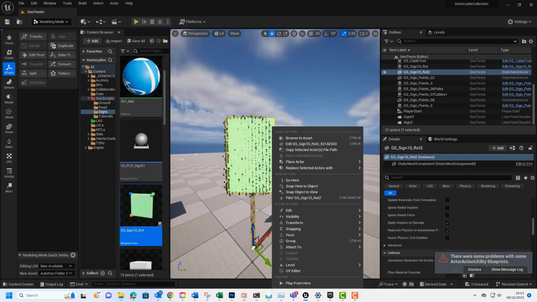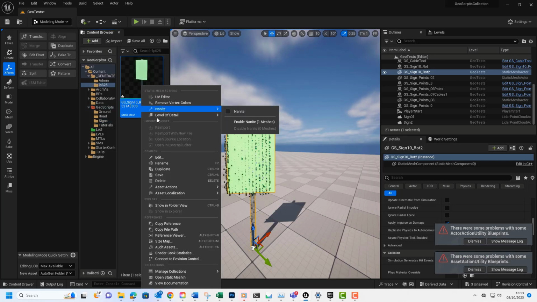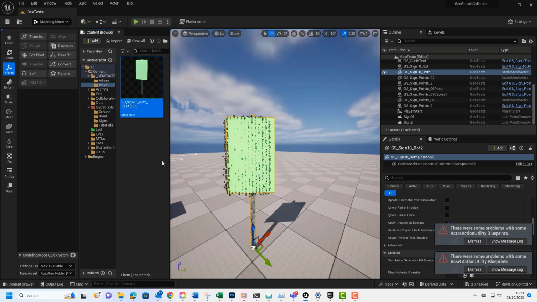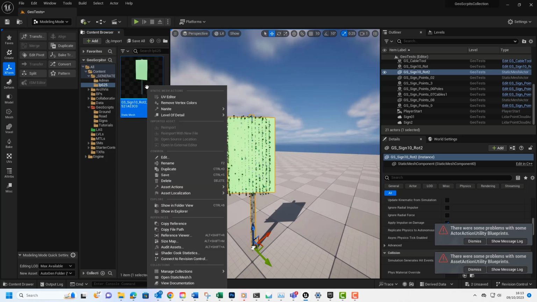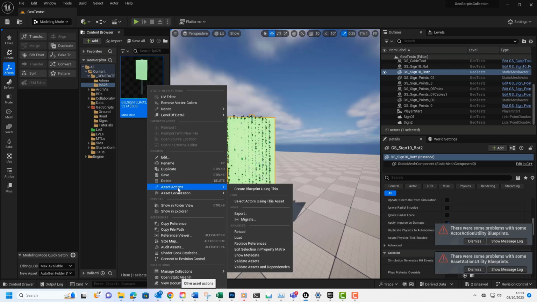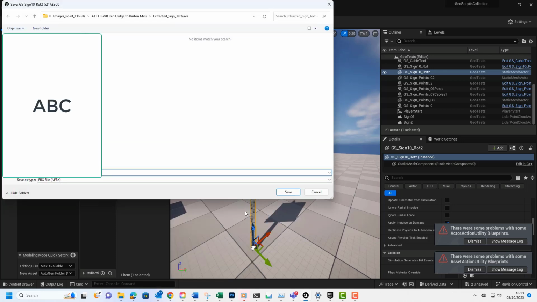So I go to Browse to Asset, I click Save, and I set Actions, Export. It has the name that we generated it with, but ideally I wanted to have the name of the sign. So why don't we go to Export Sign Textures,